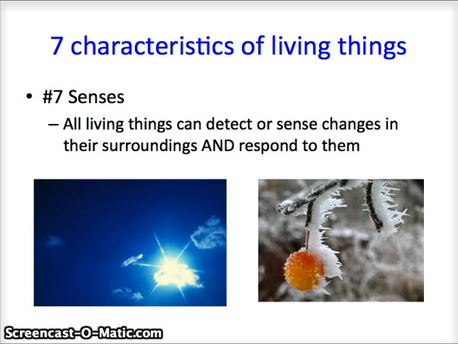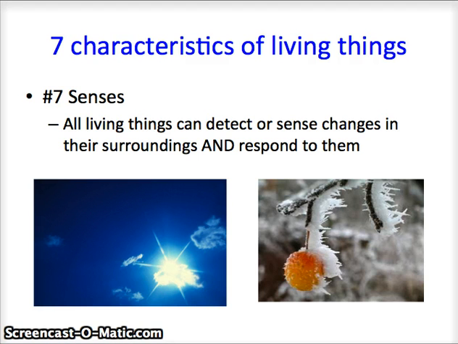And senses, you could argue that they have senses, because there's viruses that are able to infect certain types of cells, so they must be able to sense which type of cell they're binding to and things like that. So viruses, we would probably classify them as non-living,